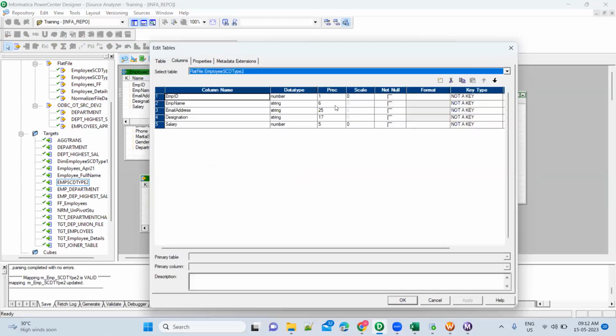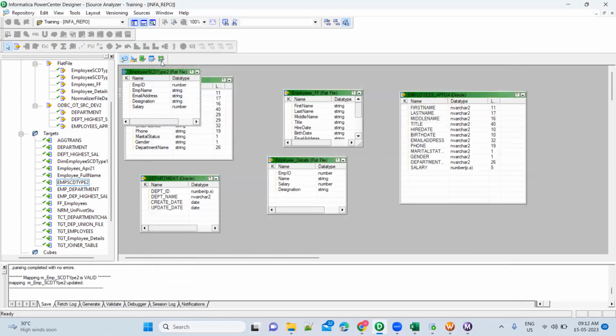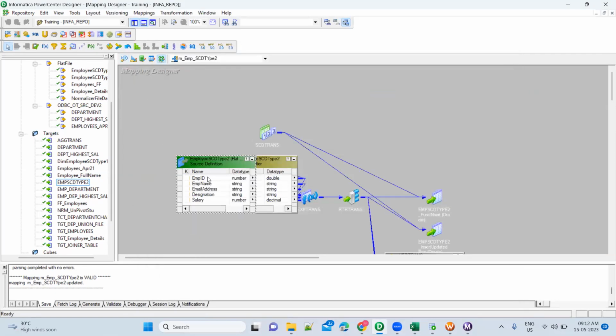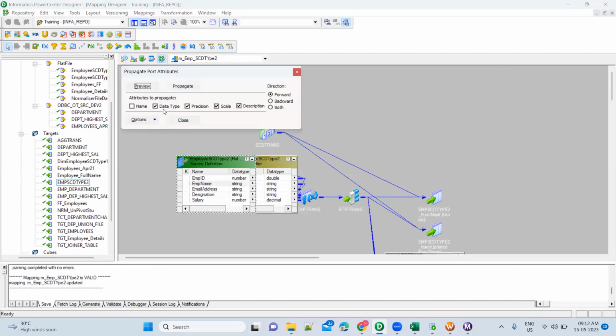It was truncated because it is accepting only 6 characters. So what you have to do? You have to propagate it. Update it here and then right click, propagate attributes. So data type precision, everything will be propagated across all the